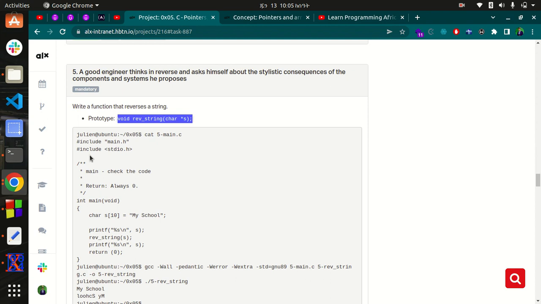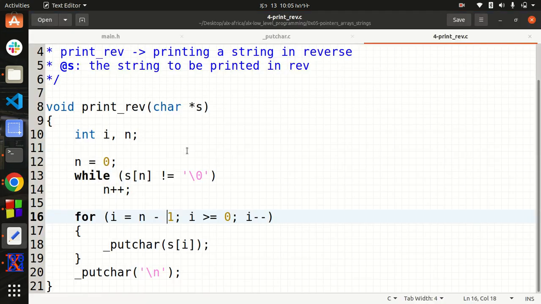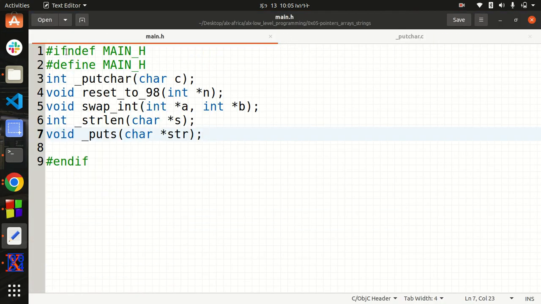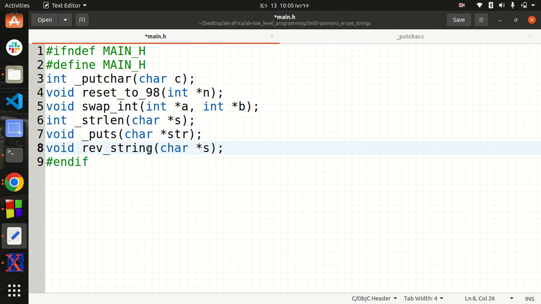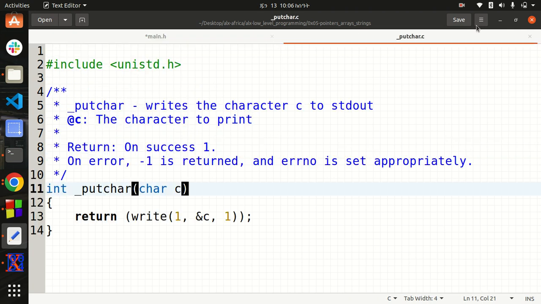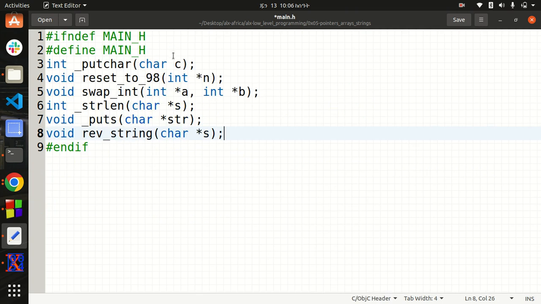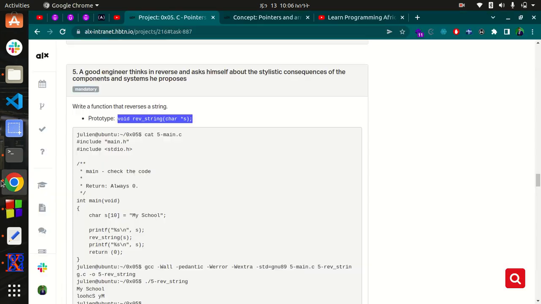Come here, bring it down here. It should be here, but I don't know why it wasn't giving me an error. I think they are using their own main.h. That is what I can say from here. So I'm going to close this one, and I'm going to come here and add